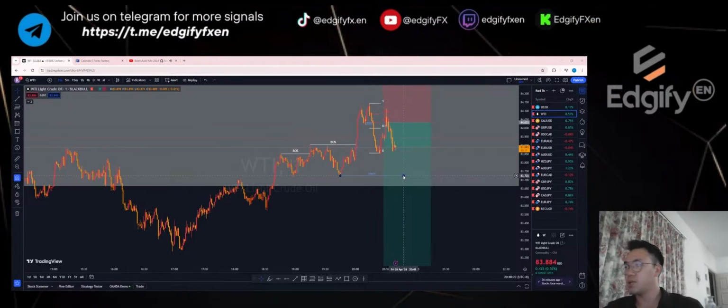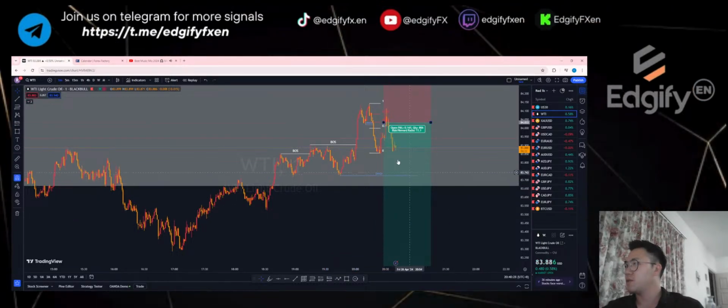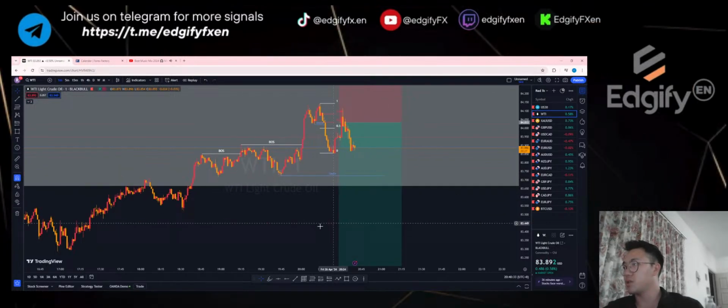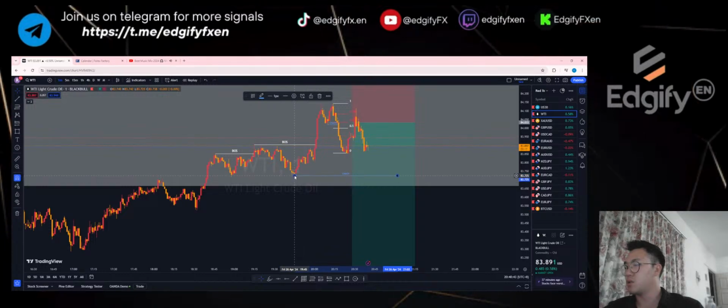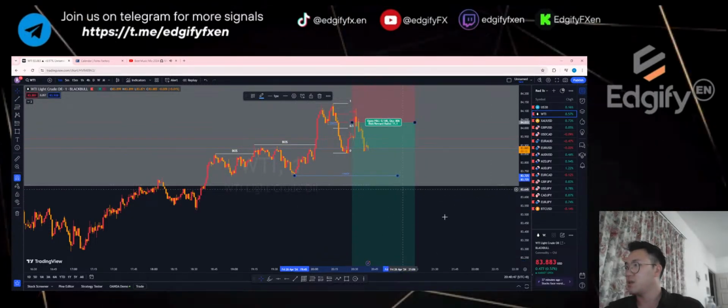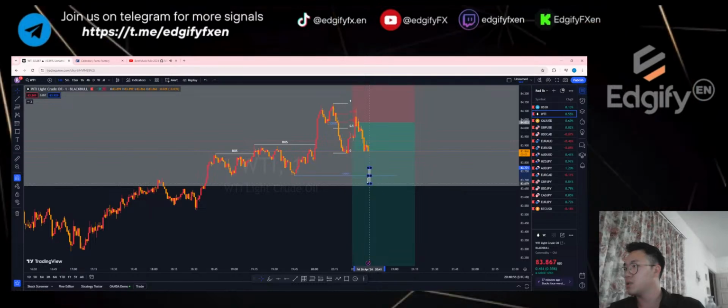You guys can monitor this as well here. If later, let's say I end my live in about 20 more minutes, and we have this break, a candle closing below this one here on the 1 minute, you just have to listen up and make sure you do the exact same. You mark out this low here on the 1 minute candle, which is at 83.725. As soon as you have a candle body closing below, regardless how big the candle body is, it could be just a very slight close like this.